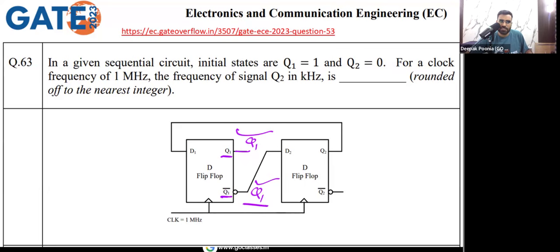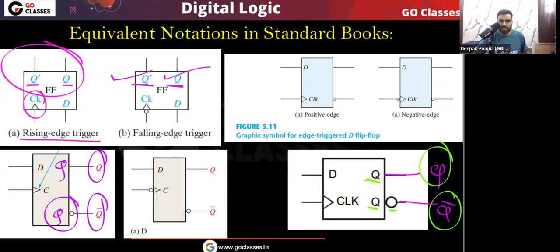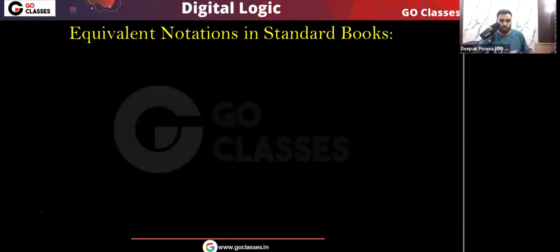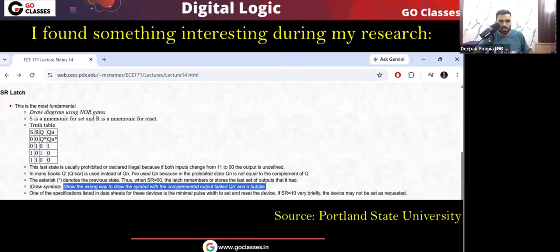And of course it made sense. That is the reason the professor accepted this challenge. And let me tell you, from my research I found something more interesting. So we have seen the equivalent notations. Now in my research I found